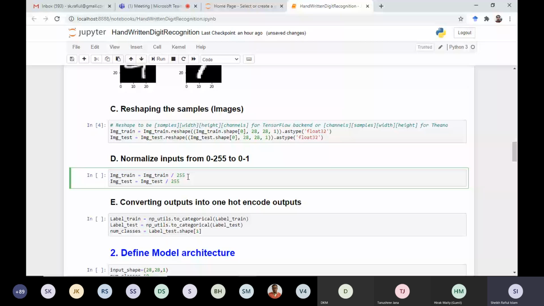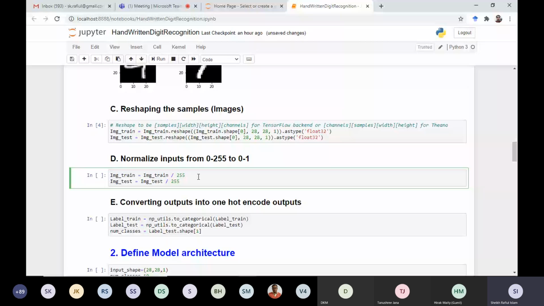You may ask why normalization is required. As you know, for images a pixel can have any value in the range of 0 to 255 if it is an 8-bit image. So when you convert the images into a tensor, any element of the tensor can have any value between 0 and 255.